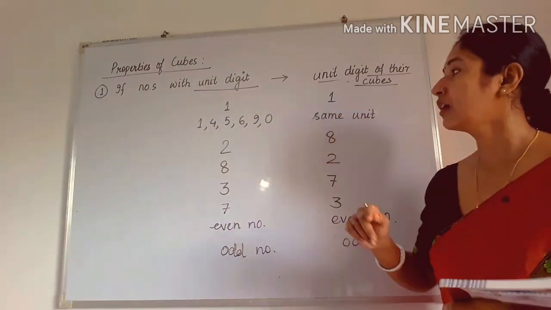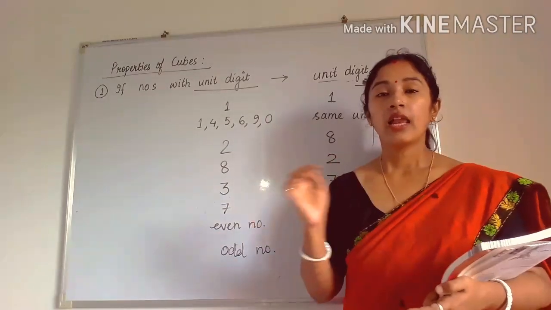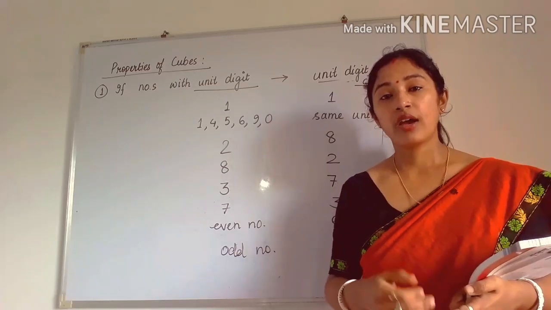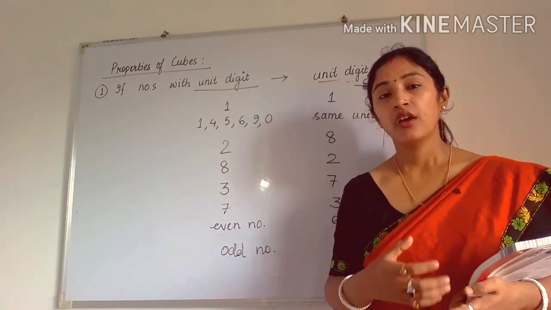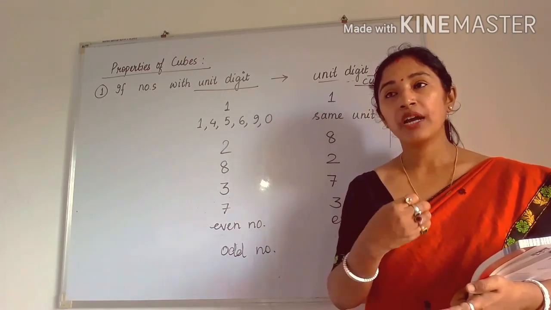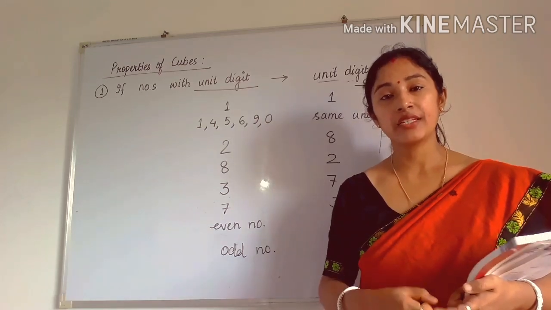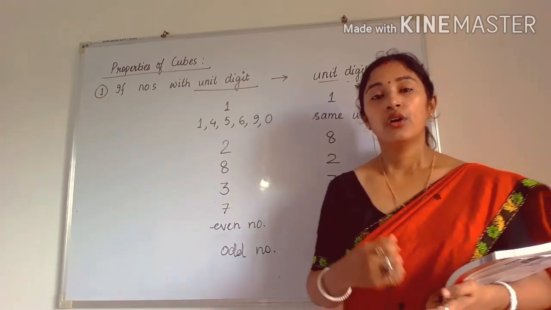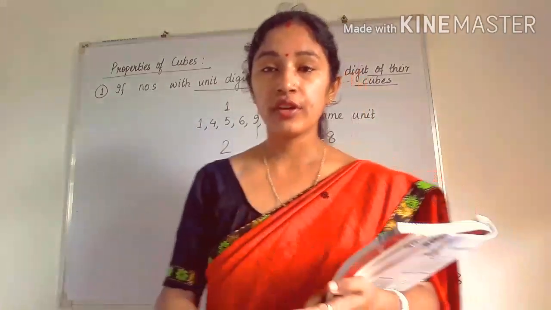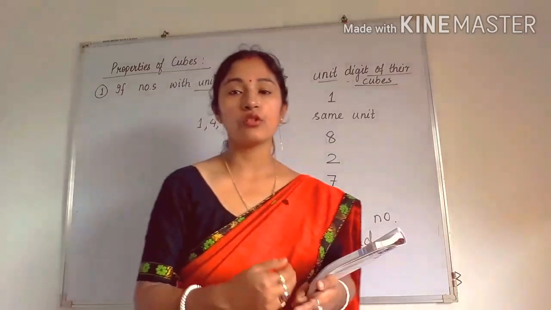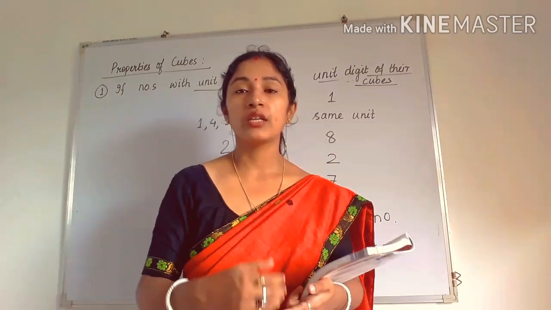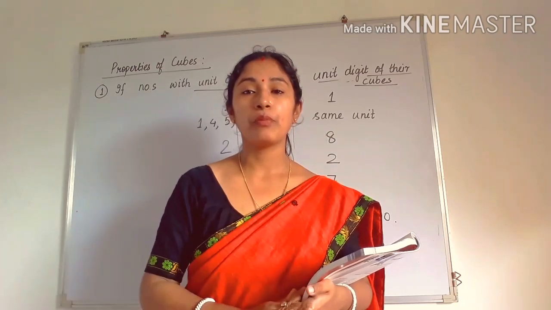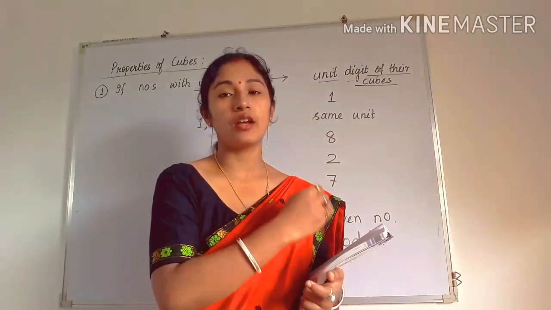Okay, so like that. And why is it necessary? See, we have studied estimation in square and square root of a number. By not using any method, just by estimating, we can find the square root of a number. Like that, in this chapter also, by using estimation we can easily find the cube root of a number. Okay, so for that purpose the unit place is required.